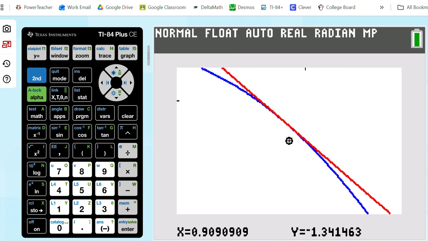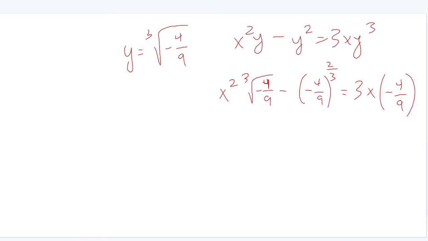And it sure looks like there might only be the one intersection point there, or they just happen to be tangent to each other at that point. But regardless, it doesn't really matter as long as there's at least one intersection point that works. That's fine. And the one that we got was x is equal to